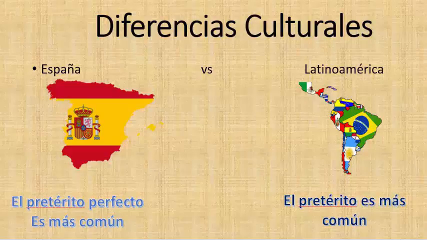Whereas in Latin America, they may actually list these things in the pretérito. Esta mañana yo comí, yo desayuné, después yo fui a la escuela, en la escuela yo aprendí, etcétera, etcétera. Okay, amigos, that's pretty much it. Pretérito perfecto. One of the many, and I say many because we do have a few more compound tenses, or as they call them,